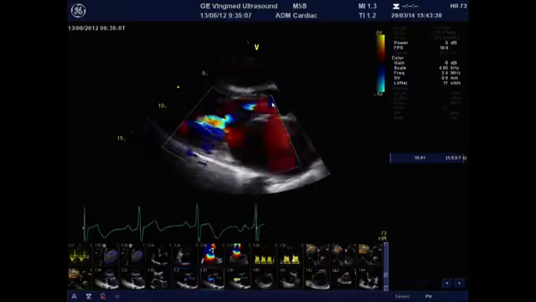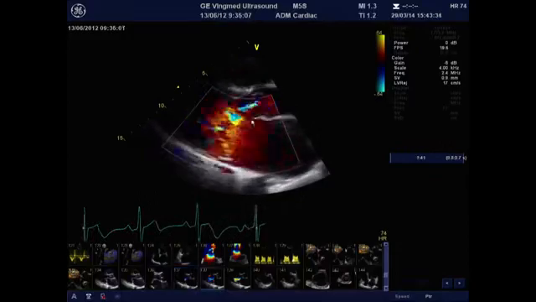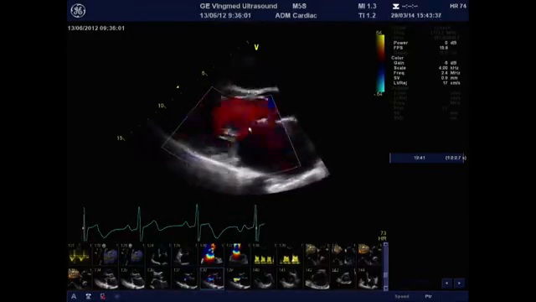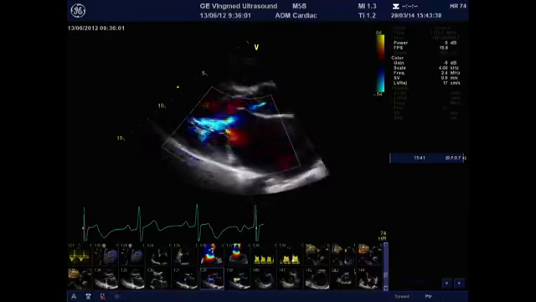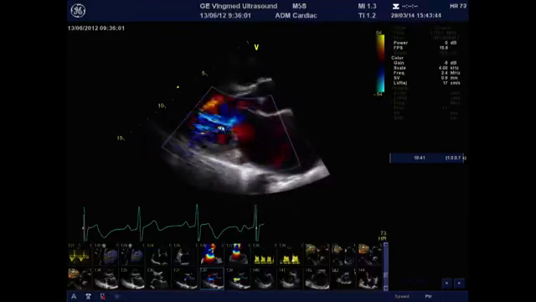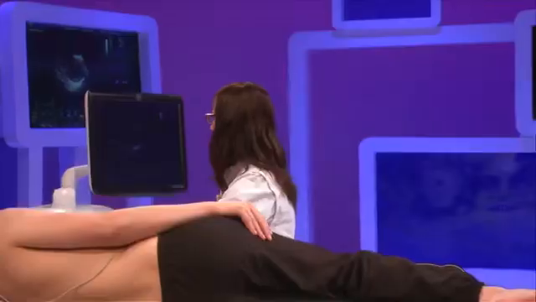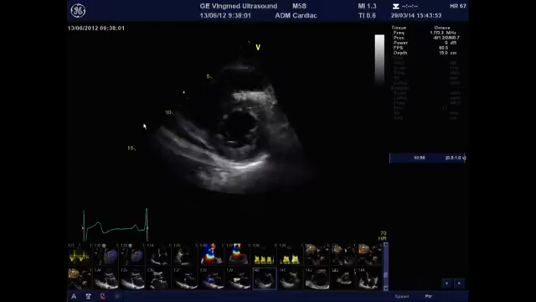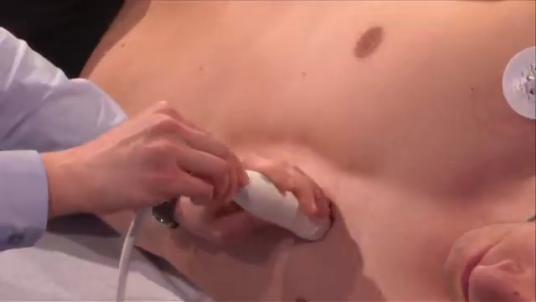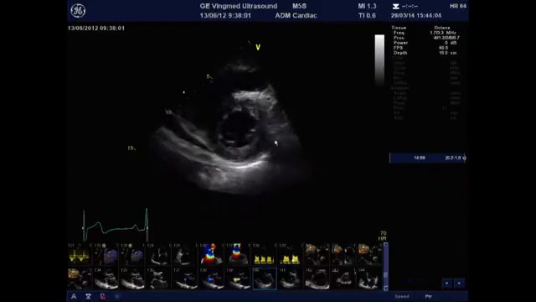Then you can apply the color Doppler to see exactly the restriction of the leaflets in systole and the fact that the flow from the left atrium to the left ventricle is actually impaired in diastole in patients with mitral stenosis. Again, something which is very important is just to turn the probe 90 degrees and go into the parasternal short axis view. And here it's an intermediate view somewhere between the papillary muscles and